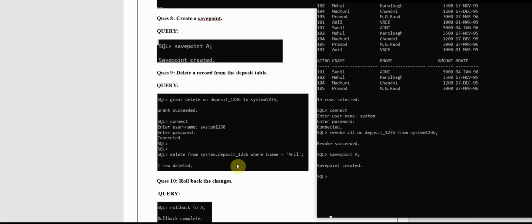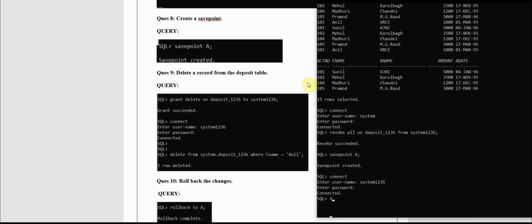Okay. Now let's connect from the second user, the user we have created. From there we need to delete the data. So for that we have the save point. Okay, save point. 1236 123 past above 7.